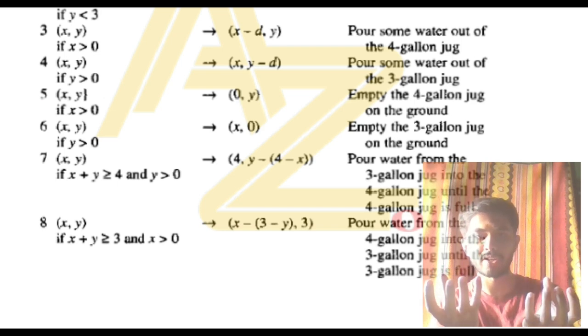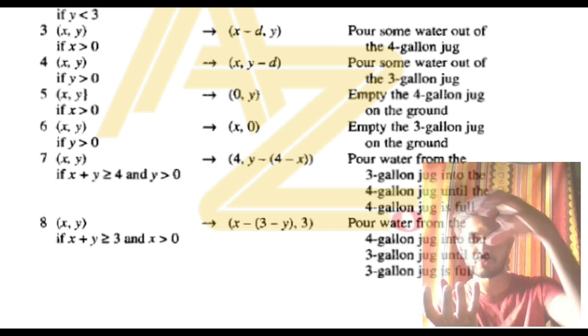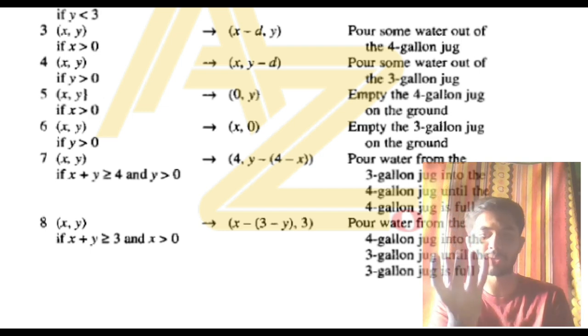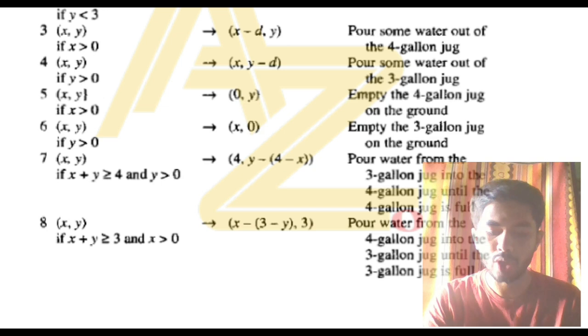And this will have 1 liter left. 2 liters were there, you filled. It just needed 1 liter to become 4. It became 4. Now what happened, you transferred some of this until this became full. That's what they have mentioned here. You have some water here, you are subtracting some water, filling it until this becomes 4.